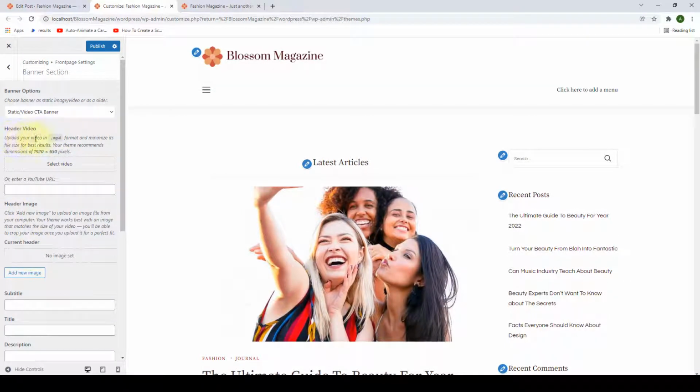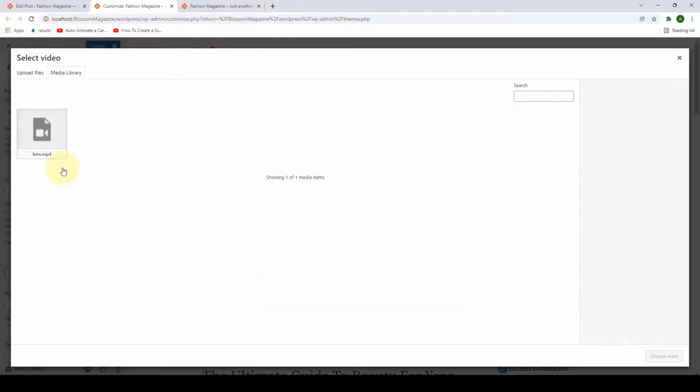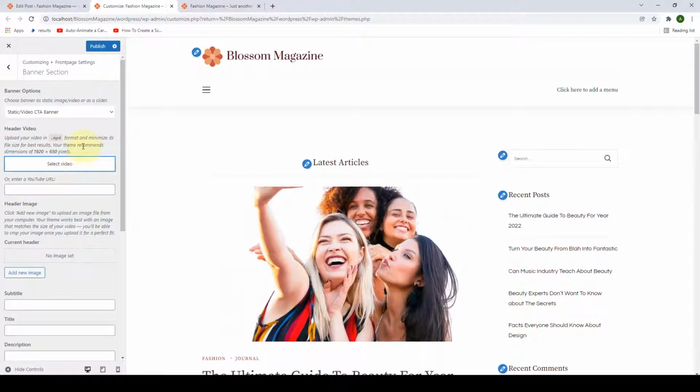You can either add in the header video, you can add in the YouTube video, or you can add in the header image. If you wish to add in the header video, simply click on Select Video. Then you can either select the video from the media library, or you can also upload the files. Then you have to click on Choose Video, after which the video that you select will be played as your